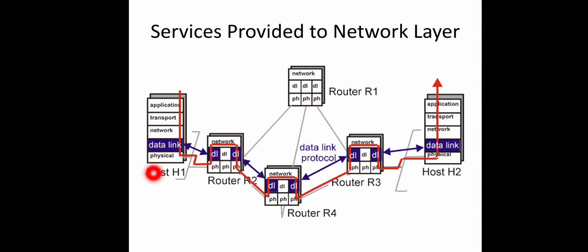Now suppose this host H1 wants to send some data to H2. How is this data transferred? The data will be received by the application and passed over different layers, right? And finally it will be transferred over the physical link through the different routers. So this is how it proceeds, from the physical layer to the physical media from the sending host, then